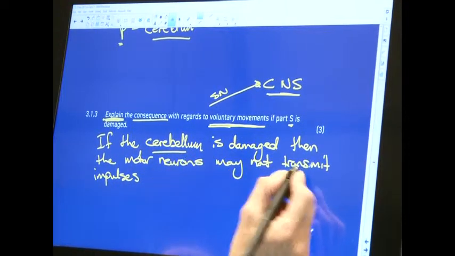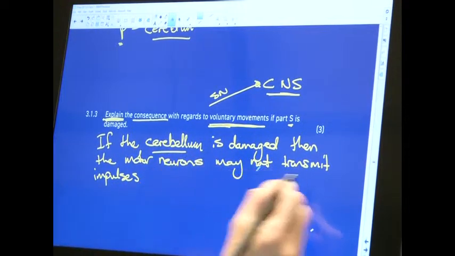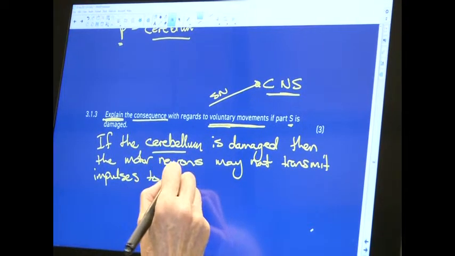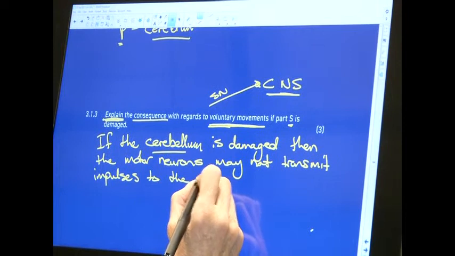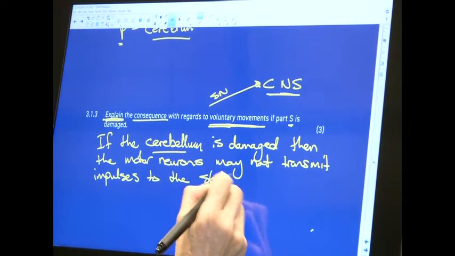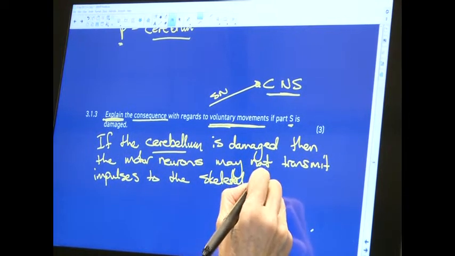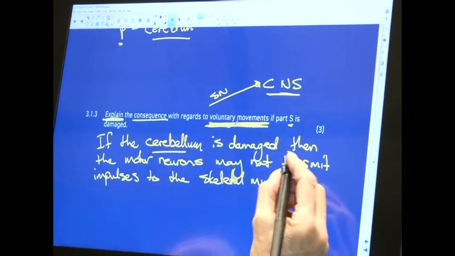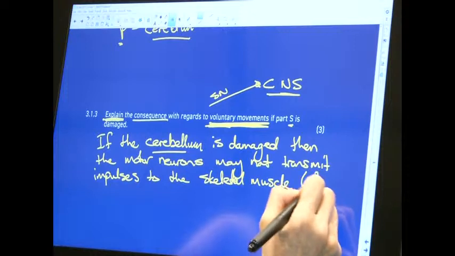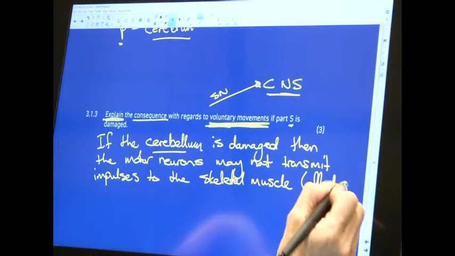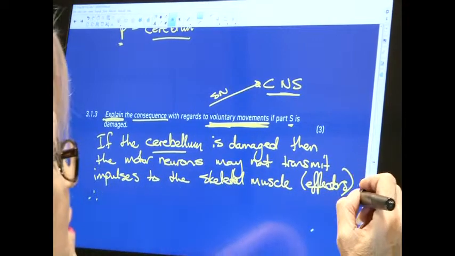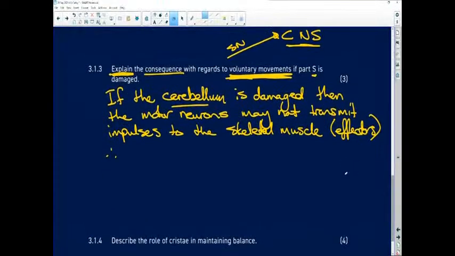So if it's damaged, the motor neurons may not transmit impulses to the skeletal muscles. Because remember, they are your voluntary muscles that cause voluntary movement, which are your effectors, by the way. And therefore, voluntary movement